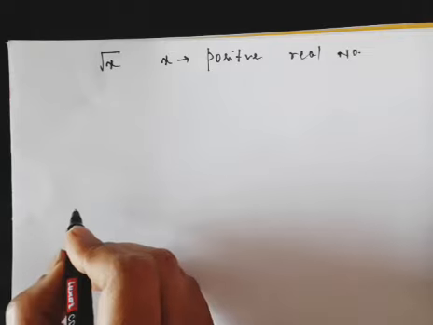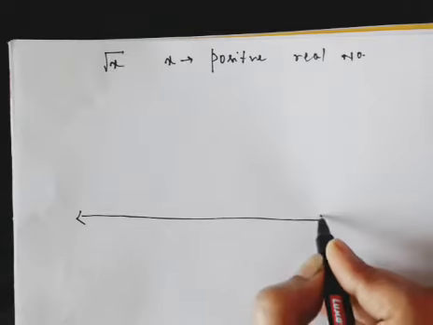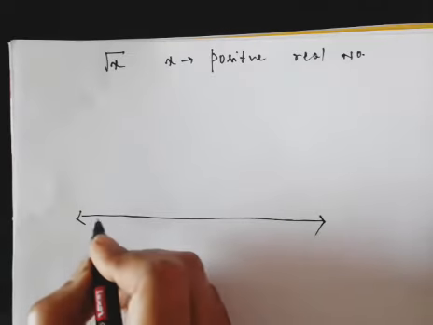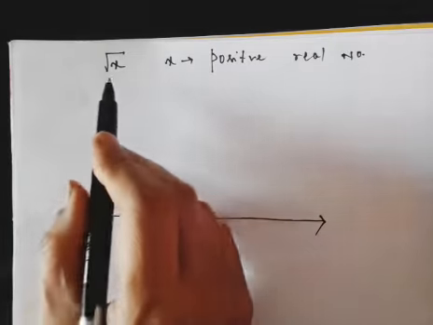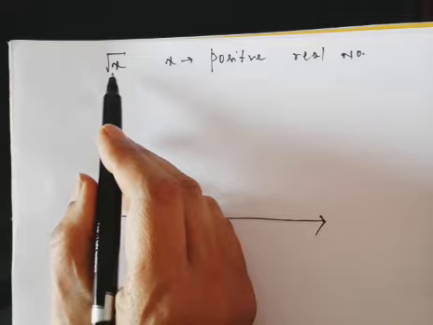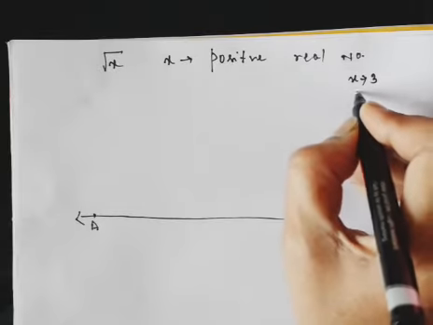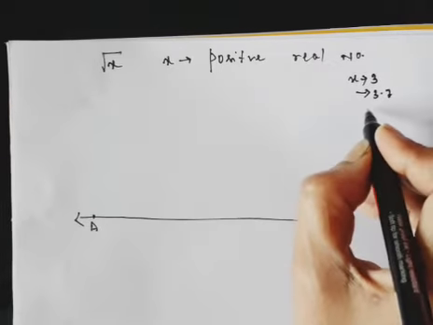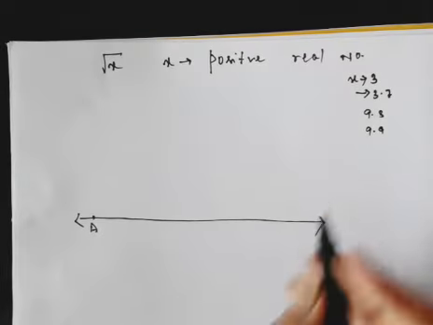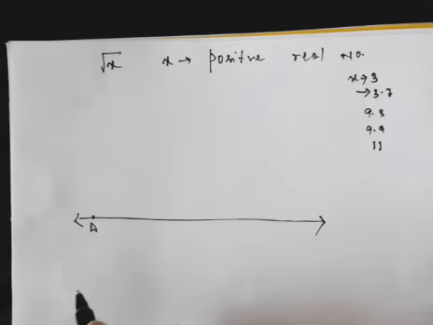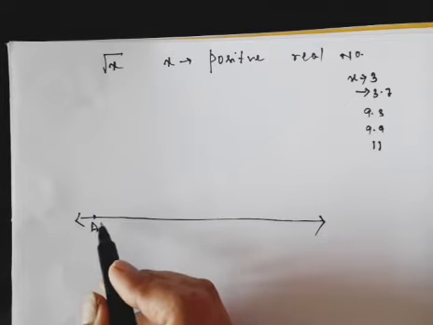First of all, you draw the number line. So we have drawn it here. Now suppose this point is A. Now taking x, suppose we have to represent root x. This x is a positive real number. So x may be suppose 3, or we can take 3.7, or 9.3 or 9.9, or it may be suppose 11. So I am taking x, that means it can be any positive real number.